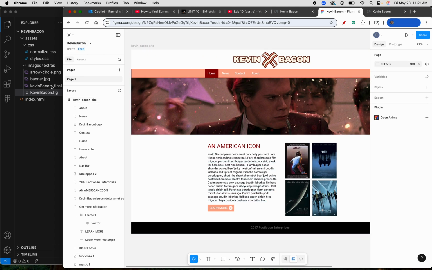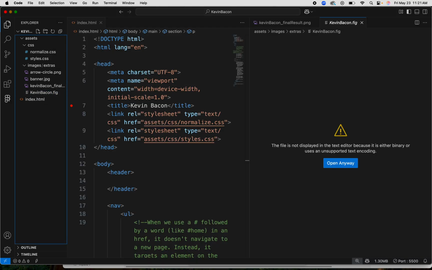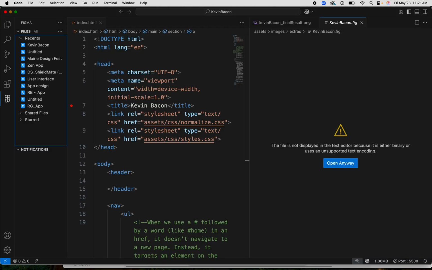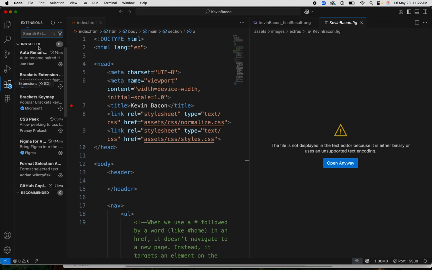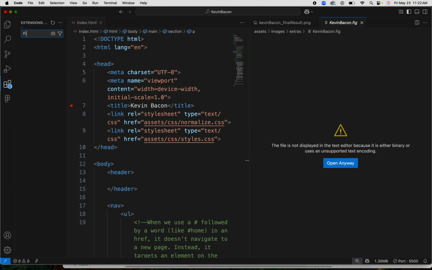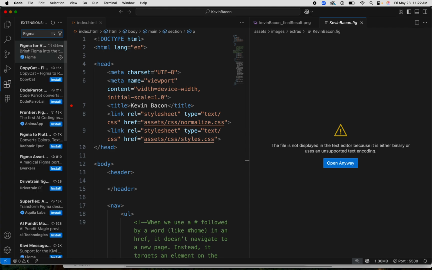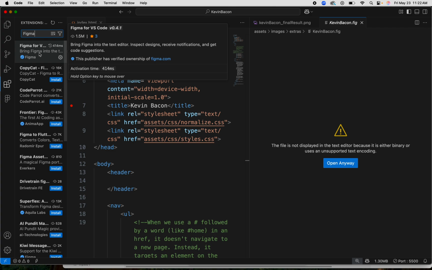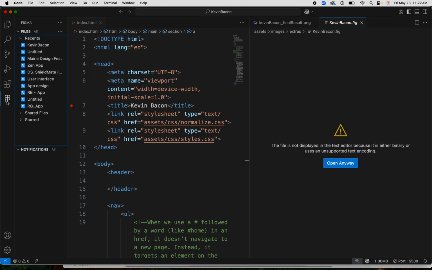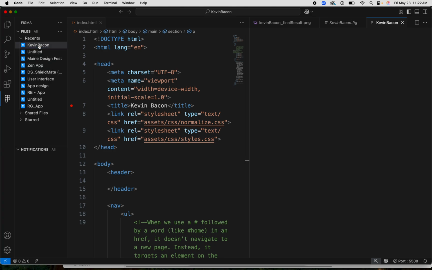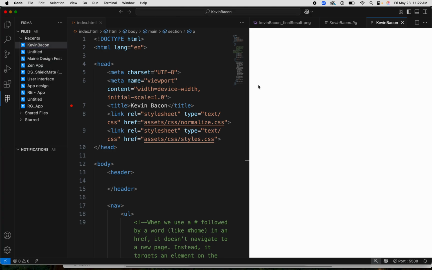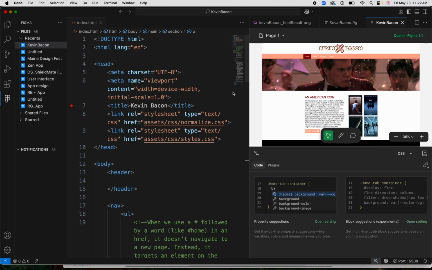And in order to access that in Visual Studio Code, I had to install this extension. This is the Figma extension. You go to your extensions here in this area, type Figma, and you'll see the Figma for Visual Studio Code right at the top. I installed that, and here it is, which means that now when I click this button, I can go to, these are my Figma files. So I can go to Kevin Bacon, and here we are inside Visual Studio Code, accessing that Figma file that